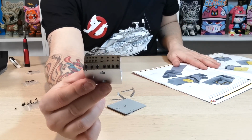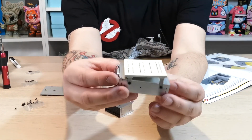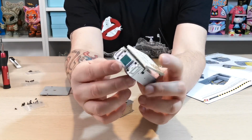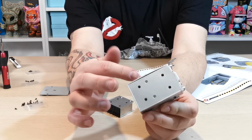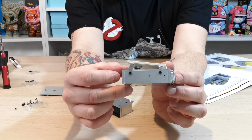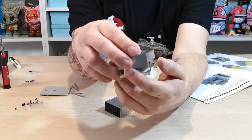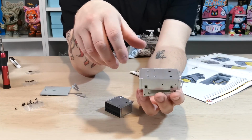Right, so the next thing we need to do, guys, okay guys, that is not how that is supposed to look. So I did it round the wrong way so that this was upside down. So in the other video it's completely wrong, but I will have to go back and edit that. So there we go. So that's how it should look at the side, so that when we have this upside down like this now,